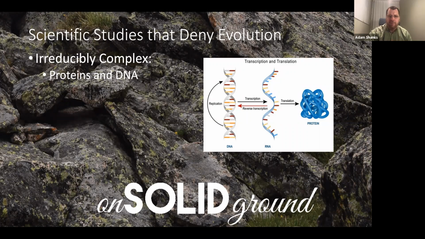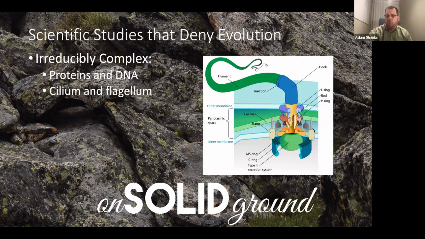The cilium and the flagellum, which is the little tail that works on some one-celled organisms. Now, one-celled organisms, again, he would have had a little bit of an understanding of that, but not like we do today, where we can actually see the structure of the flagellum and how it works. And we look at that and go, it is extremely complex. And what's amazing about it is there's not a single part of the flagellum mechanism that is in those cells that if it were missing, the flagellum would still work. It's too complicated, and every part of it is needed in order to make it work.